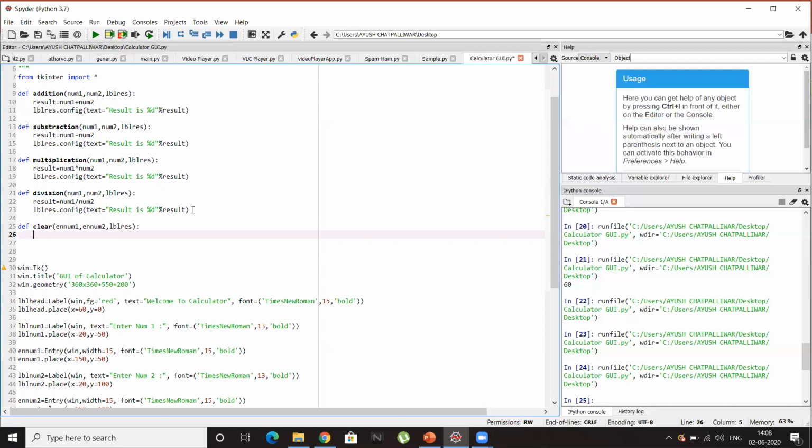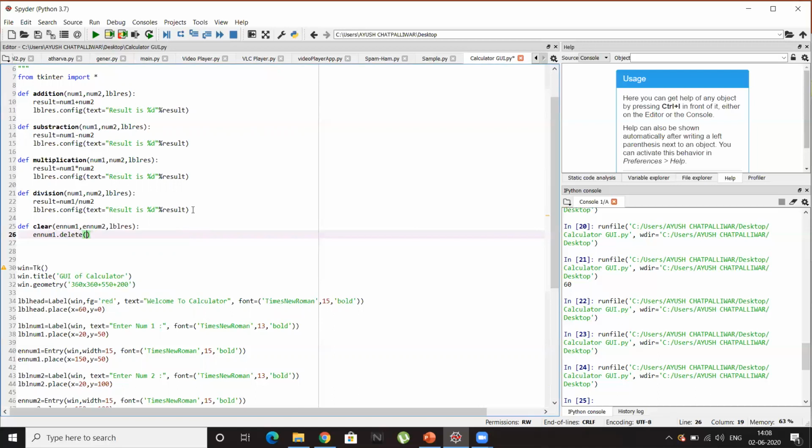To clear the entry box for the first number, a simple command we have to use is en num1 dot delete.